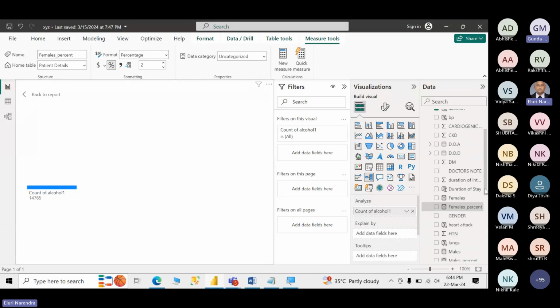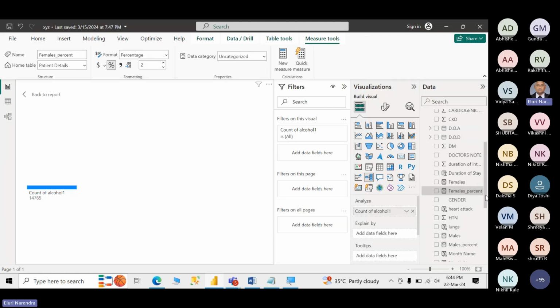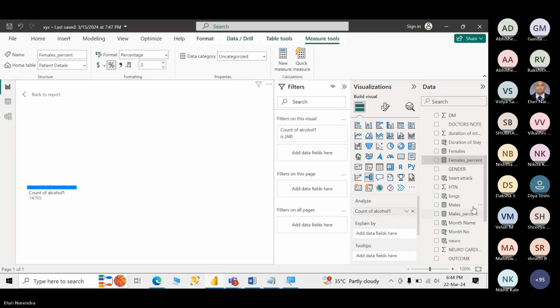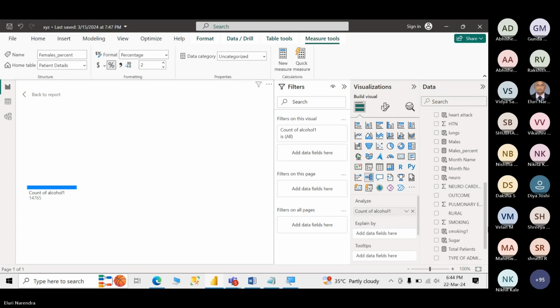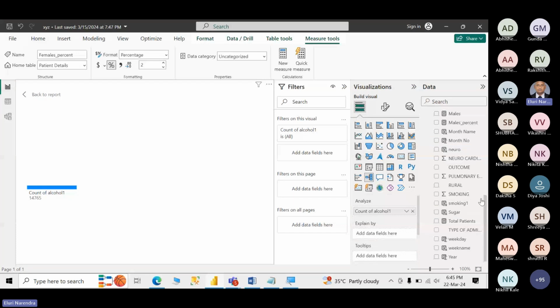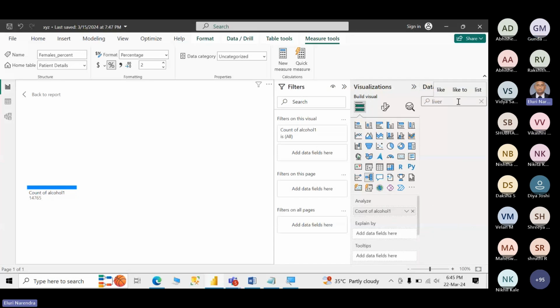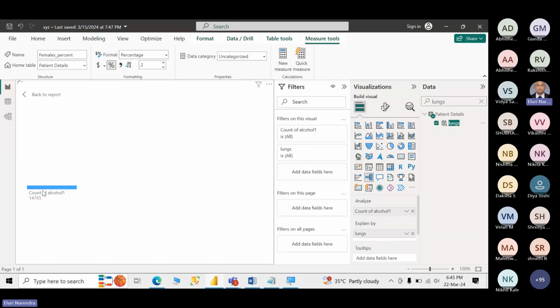So now what is the disease with respect to alcohol? Which disease do I need to go for? First I am going for liver. Sorry, it's not liver, I'm just going for lungs. Just type this lungs and drag this lungs column onto explain by. Drop it in the explain by, and you can see here after this bar, one plus